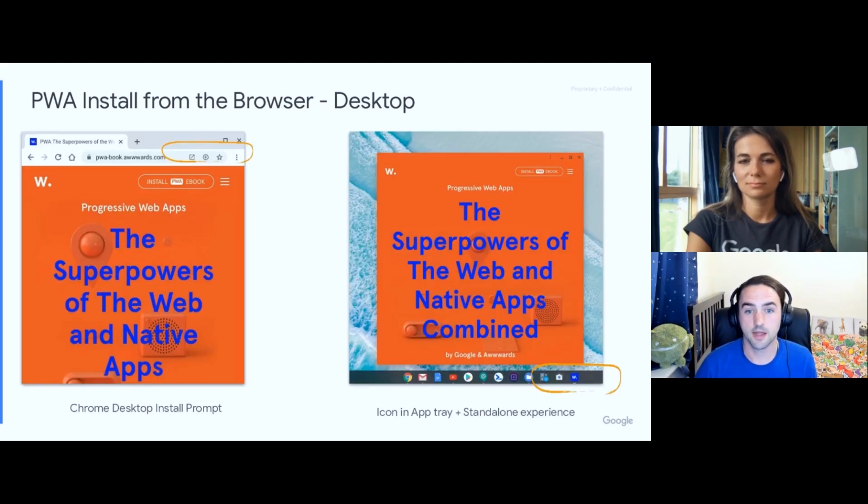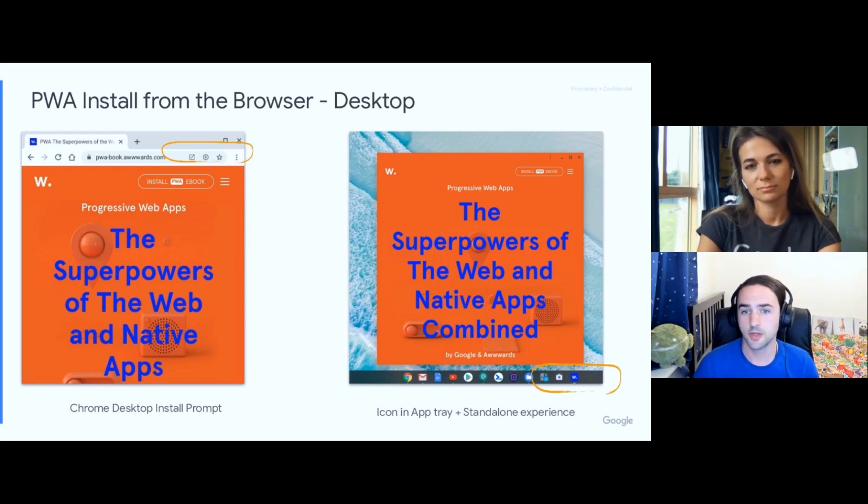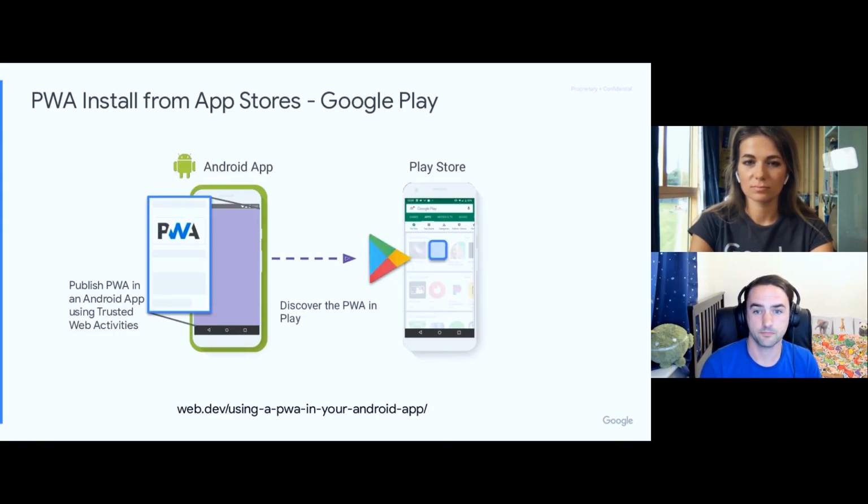And let's not forget that PWAs can also be installed on desktop from Chrome and Edge browsers on all operating systems. That includes Chrome OS, Linux, Mac, Windows. Users can tap the install icon in the address bar, like you see circled here again. It's a plus symbol. And you can also use a custom prompt as well. And once installed, PWAs can be launched from the app tray, just like any other app, and launch into full screen separate from the browser.